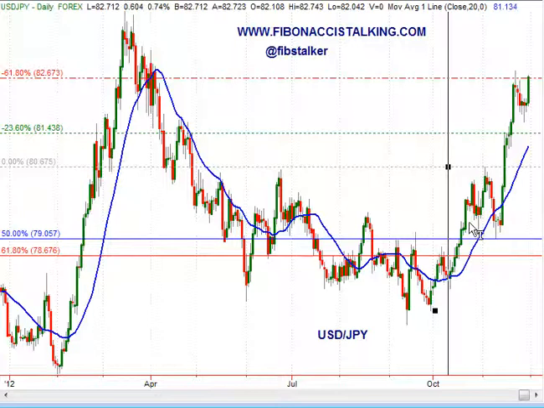And as you remember from my previous FibStalker view on currencies video, which I share only with my newsletter subscribers, I identified two levels here. One was the 81.40 level, first target, and the second target was 82.60. As you can see, they were both hit, and I was expecting the second level to be hit also on